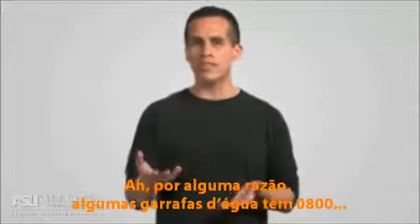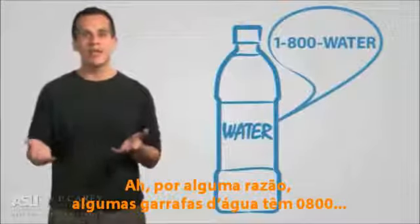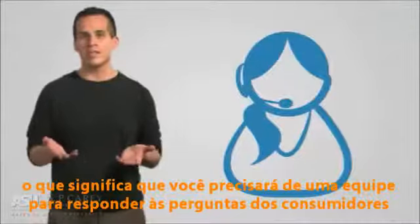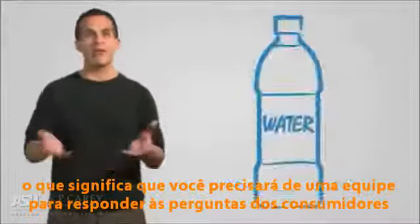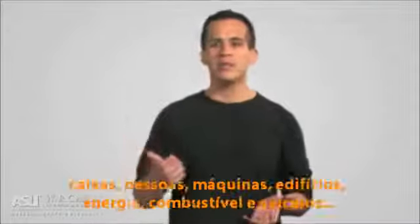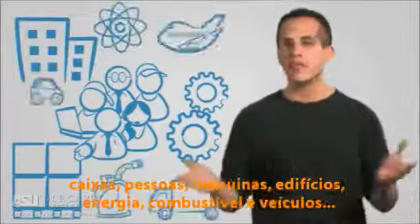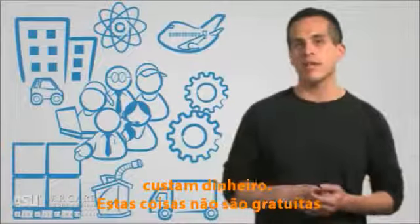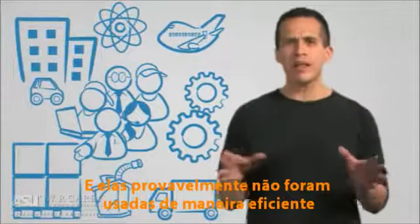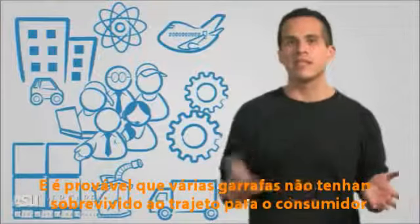Oh, and for some reason, even bottles of water sometimes have 1-800 numbers, which means you'll need a staffed call center to answer the customer's questions about your bottle of water. Wow! All those materials, boxes, people, machines, buildings, energy, fuel, and vehicles, they cost money. Those things weren't free, and they probably weren't used efficiently, and it's likely that several bottles didn't survive the journey